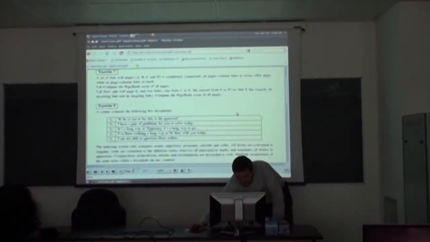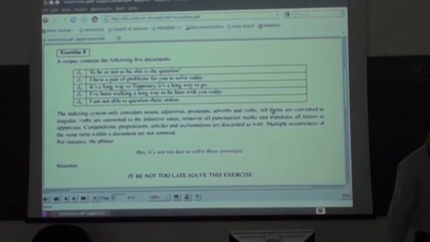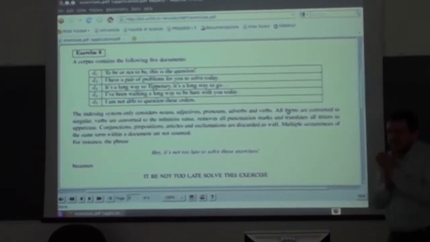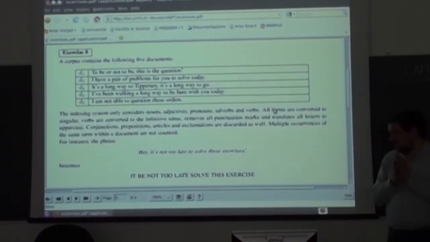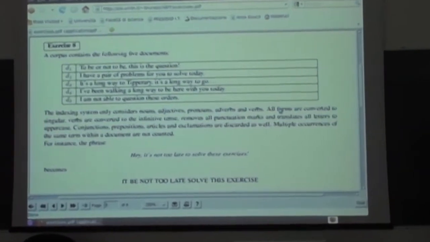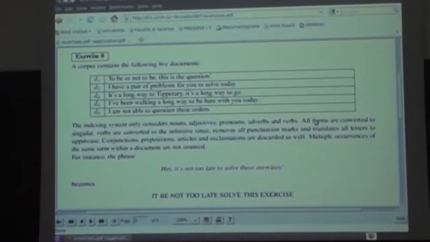PageRank, HITS and so on. Now I'm also adding some exercises on similarity clustering. So today I would like to start with one possible exercise, for example this one, and